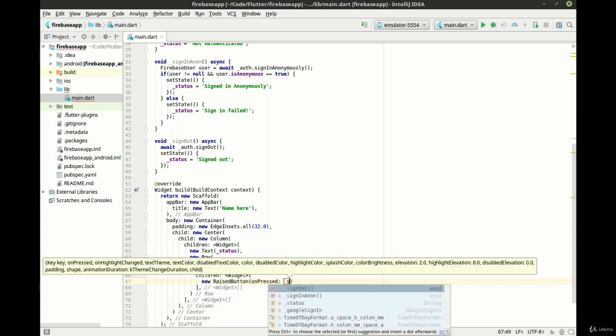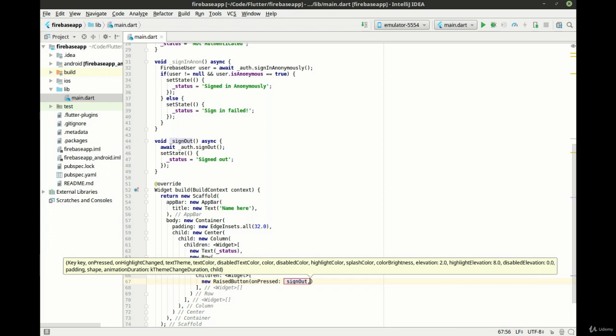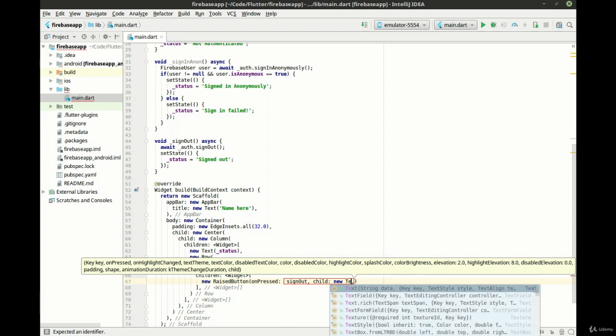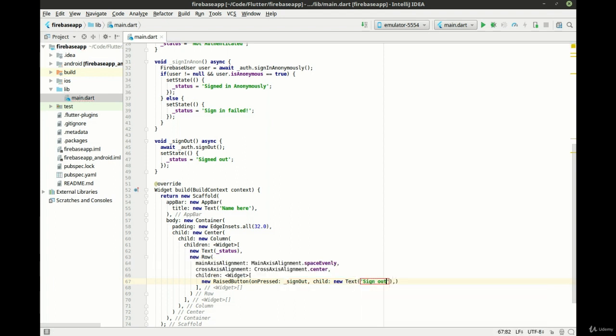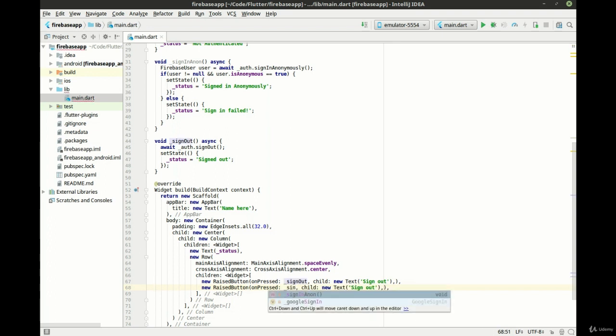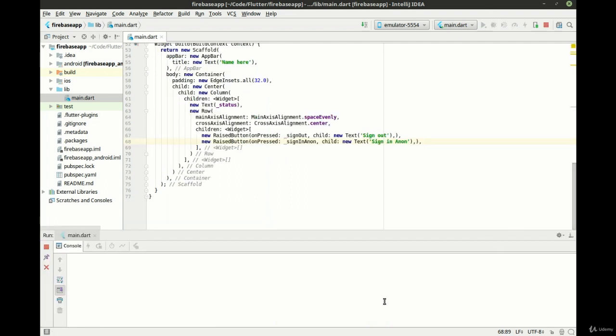And the first one, we're going to sign out. Put a comma here, and let's grab this. We're going to sign in anonymously. And let's run our application and see what this thing does.